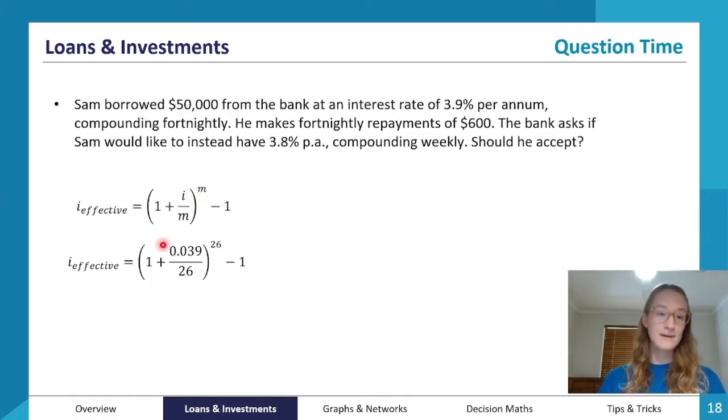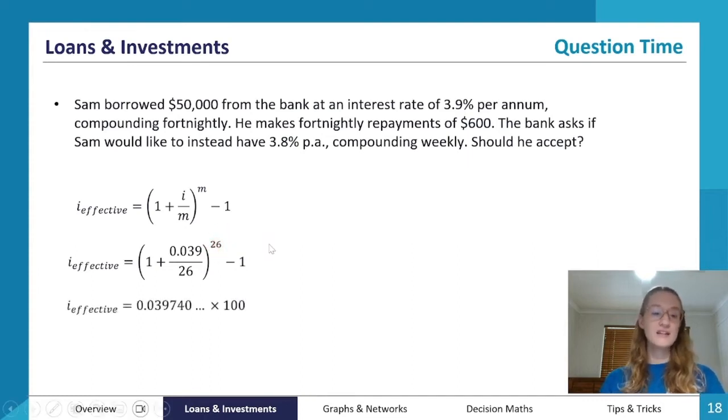That's all we need to know for that bit. So for his first option, the option he's currently on, it's 3.9% per annum, so 0.039, divided by the number of compounds per year, and because it's compounding fortnightly, that's 26, and then also to the power of the number of compounds per year, which again is 26. So the effective annual rate of interest, when we solve that and put it through the calculator, is